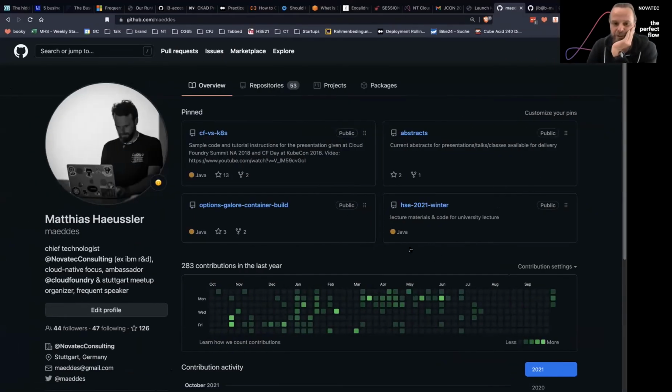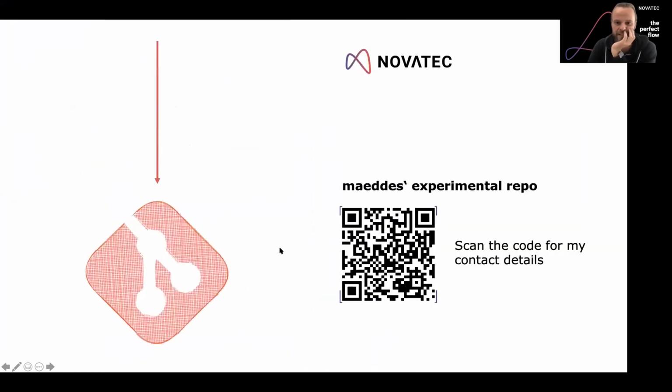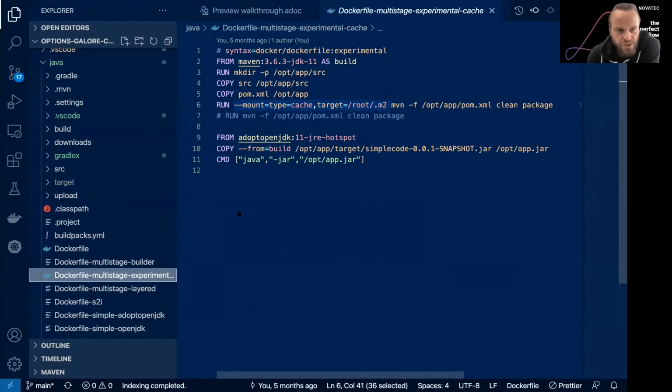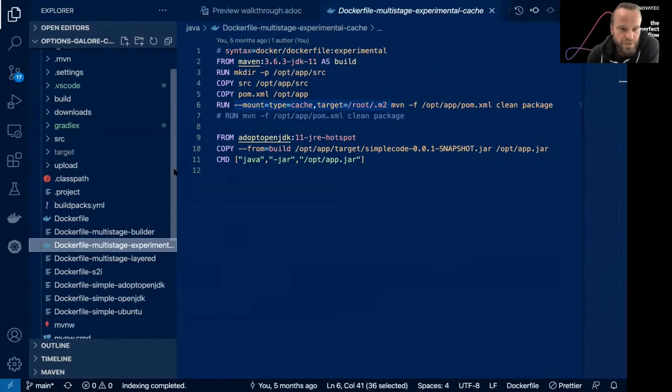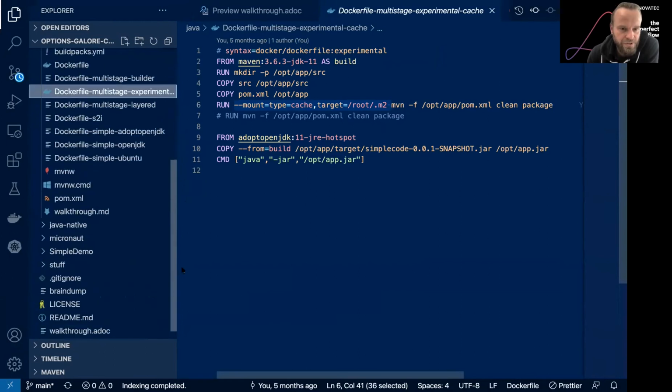I have built this code repo here, which I have shared in my slides, and I have also opened it here in my Visual Studio Code.